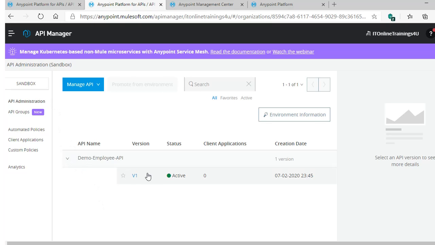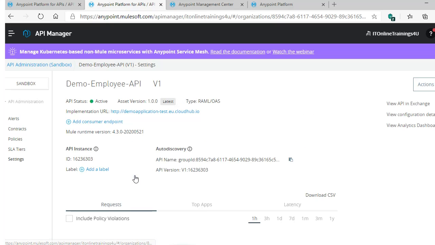See, if you can observe here, the status is active now. Earlier it was unregistered. Once we link up this API manager and our application by using this auto discovery mechanism, it will automatically link up these two and it will show you active here. And one more thing we need to change.